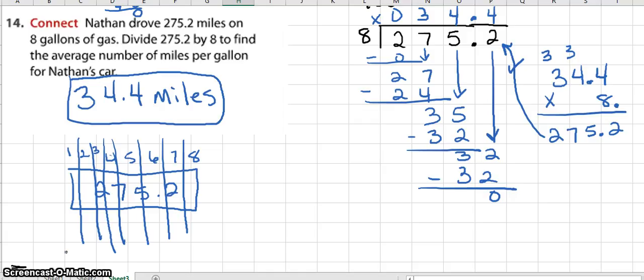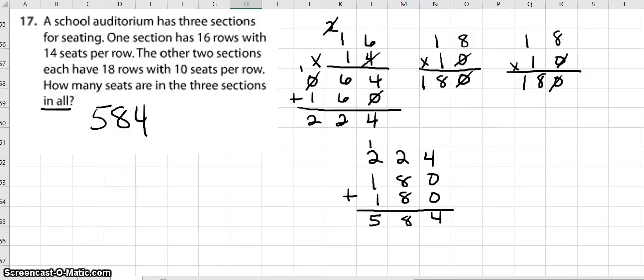Got one more problem to do. Last one says the school auditorium has 3 sections of seating. One section with 16 rows with 14 seats, and the other 2